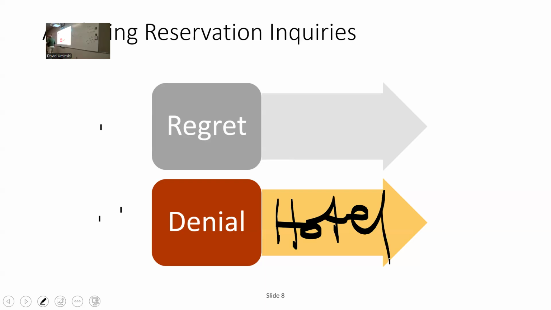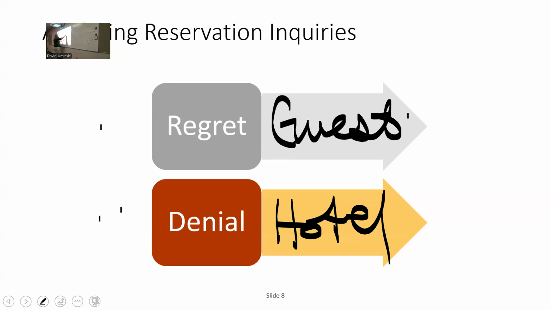So if we deny somebody, it's because of one of those stay controls. It's also maybe because we already sold out. We can't take any more reservations. Okay. So we're basically denying a reservation. The regret is from the guest's perspective. So the guest sometimes decides not to stay with us. Okay. So when we have reservations that cancel,